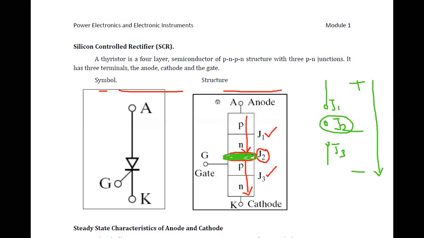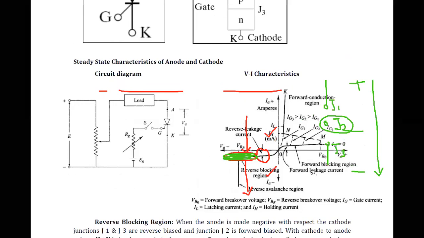Now let us go to the above figure here. So what I said, even after applying the correct voltage, plus here and minus here, junction J1 and J3 are forward bias and junction J2 is reverse bias. So now your SCR is on, but in this particular state. Which state? It is under the forward blocking region. That is the name here.